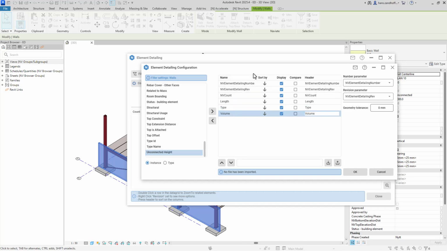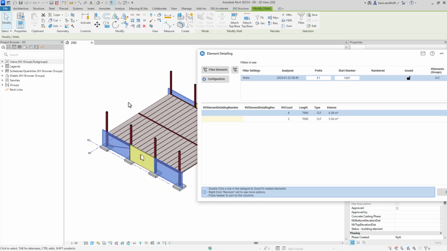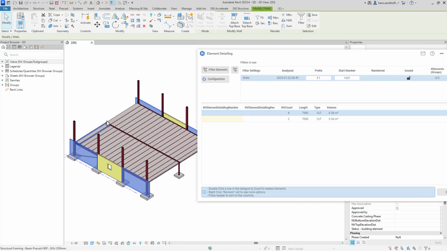And if I want, I can also select one of these parameters to be inside of the compare analysis we do when I analyze all my objects. I can also export and import these element detail configuration settings. When I'm done, I press OK, and then I can analyze all of my walls in my project. I will have 6 different walls, and